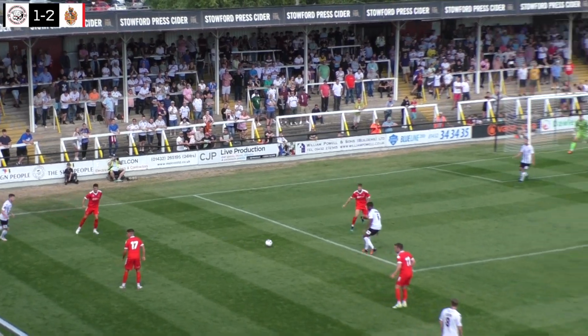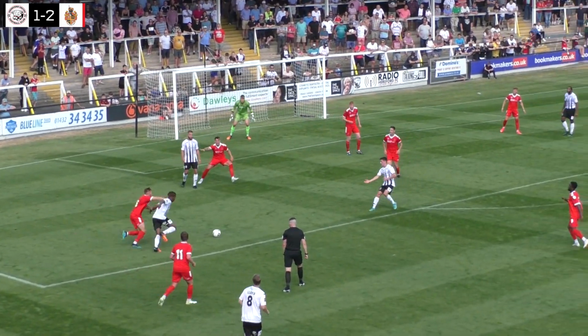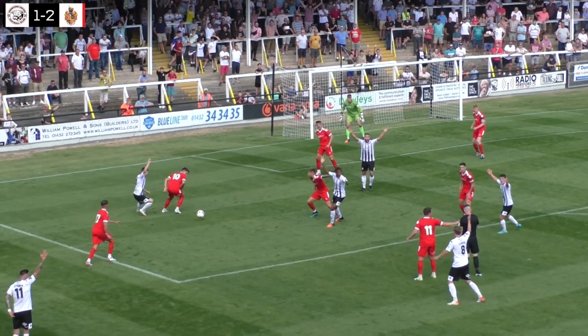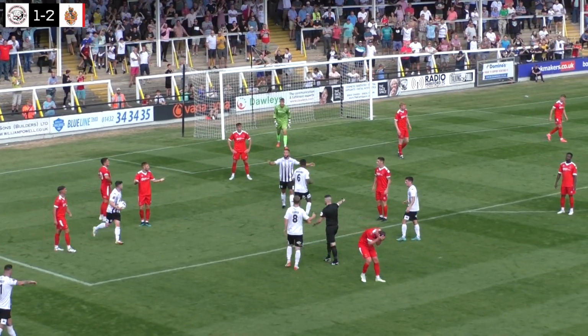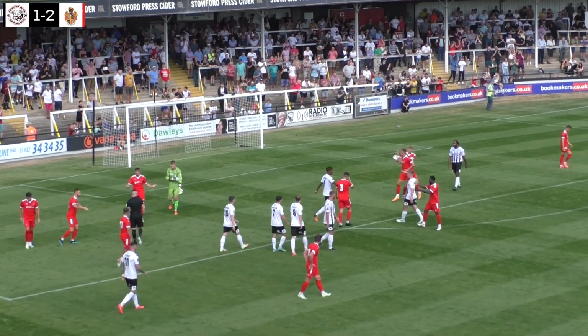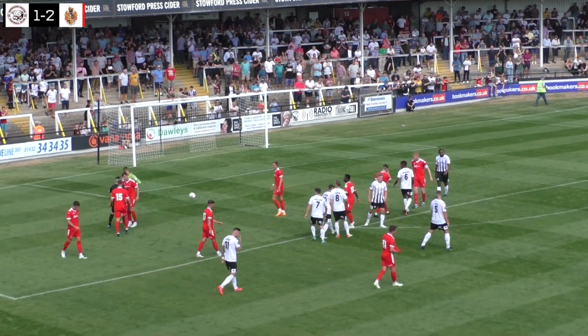Pinchard now trying to find an angle to cross. He gives it back to Thompson Summers on the edge of the box, who tries to find the yard for a shot maybe, and then scoops the ball up against the... Oh, he's given a penalty. Well, I'm a long way from that incident, but the ball got scooped up, I think against...